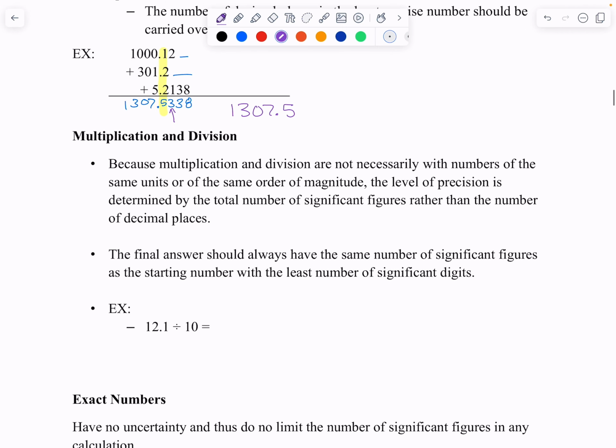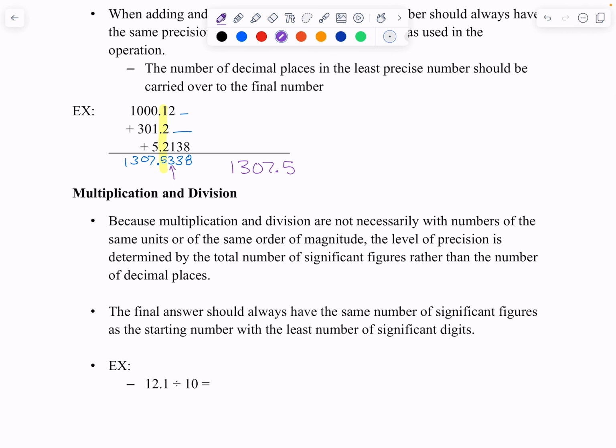Multiplication and division is different. Multiplication and division, because you're taking your uncertainty in the measurement and you're compounding it. All right. You use the least number of sig figs. So this is where students like, oh gosh, I don't like this, and it feels like you lose data sometimes. Feels like you lose numbers, but you're not losing anything because you didn't have it there to begin with, if that makes sense, right? Okay, if you don't have it there to begin with, you didn't lose it. Okay, so if I take 12.1 and divide that by 10, I get 1.21.